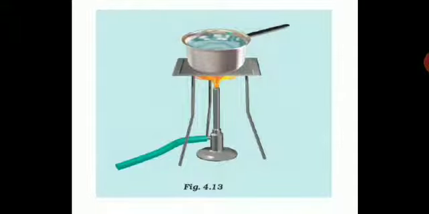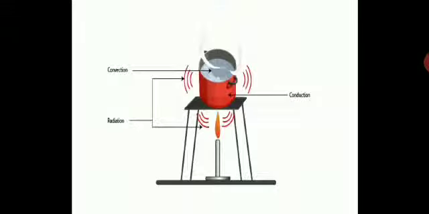So you are going to draw this diagram in your notebook, with all the three processes taking place in one. You can see a pan with water heating and a burner below. Due to convection, the mode of transfer, the heat is getting transferred in the liquid, that is water. Heat is transferred due to conduction in solids, you have learned that. So that metal container or the metal pan will conduct heat by the conduction process.